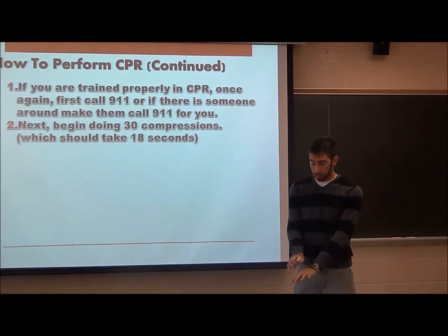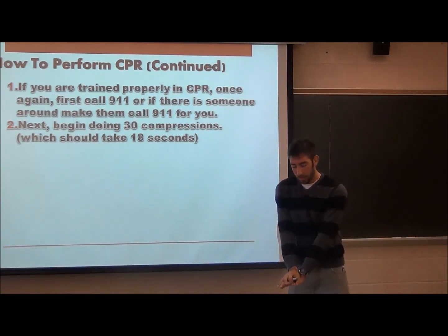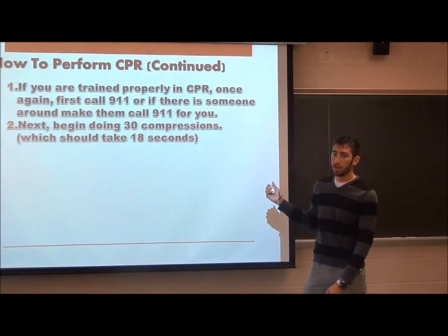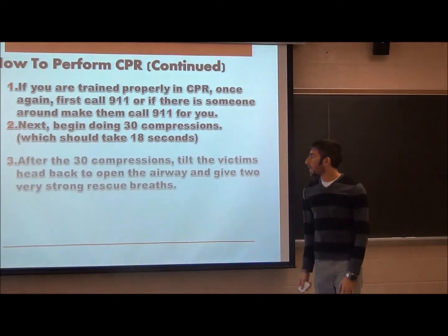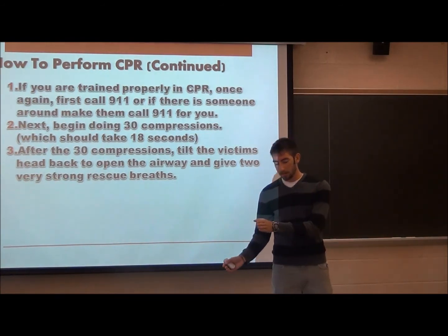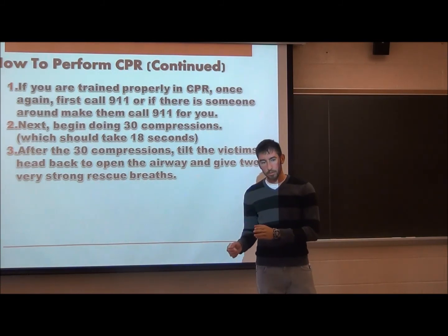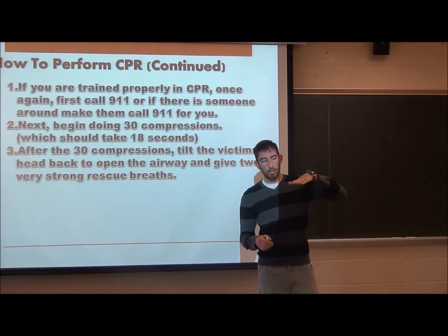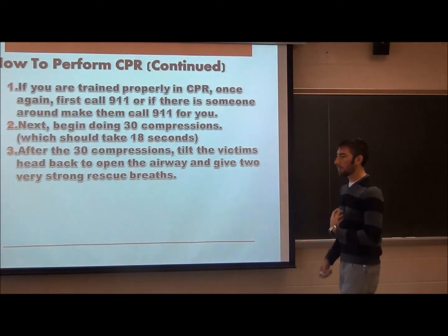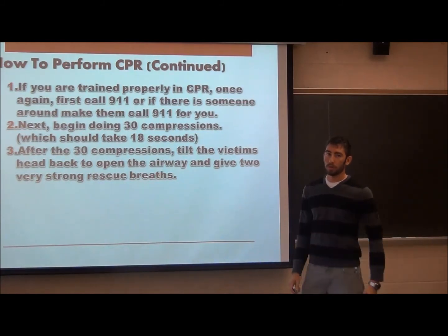Now you want to do the same way with your hands interlocked over the person's chest, right in between the nipples, and you want to push down 30 compressions. It should take you about 18 seconds at the tempo that they were explaining. Next, after the 30 compressions, you want to tilt the victim's head back to open up their airway, and you want to do 2 very hard rescue breaths. Those 2 rescue breaths, you should see the person's chest inflate and come down. And that obviously gets air back into the system, and oxygen is very important for